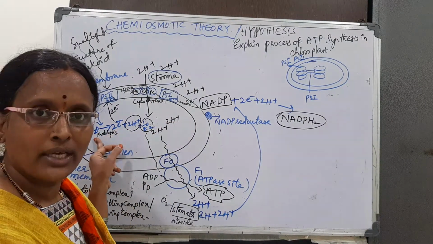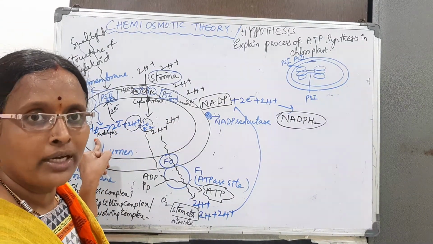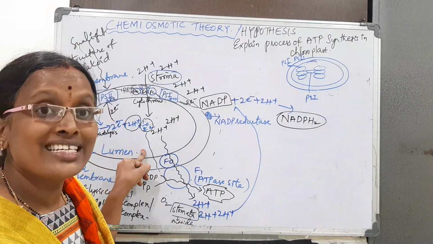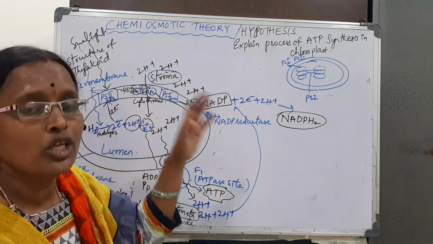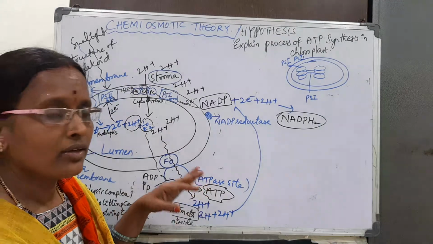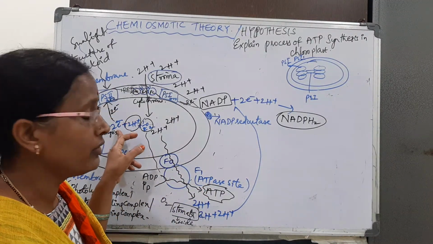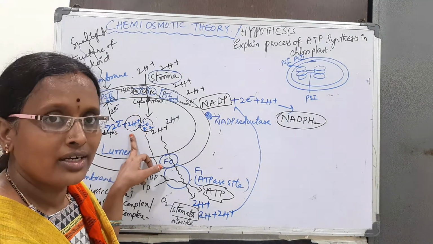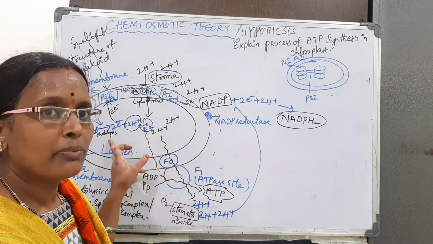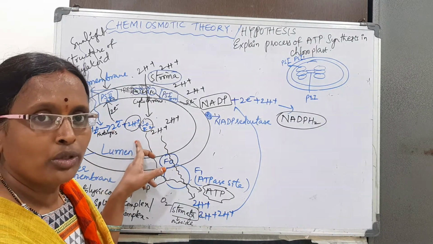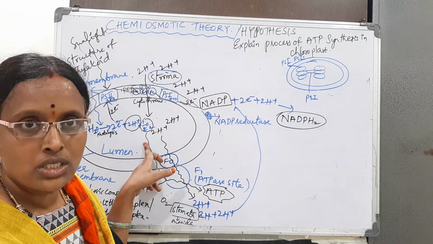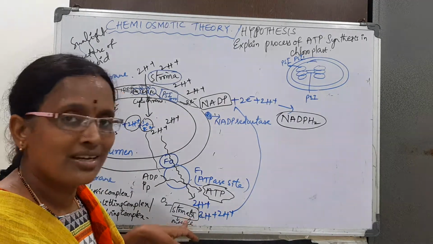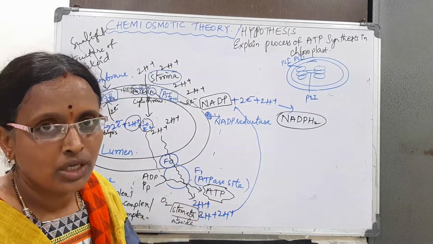Inside the membrane there is the water splitting complex. By taking the light, it breaks down water and continuously supplies electrons, because photosystem 2 is continuously working; to replenish that electron, it is continuously splitting. On one side protons are released and oxygen is released. By the splitting of one molecule of water, we get 2 protons, 2 electrons and half O2. That O2 is released as a byproduct of photosynthesis, first into the stroma, then into the atmosphere.